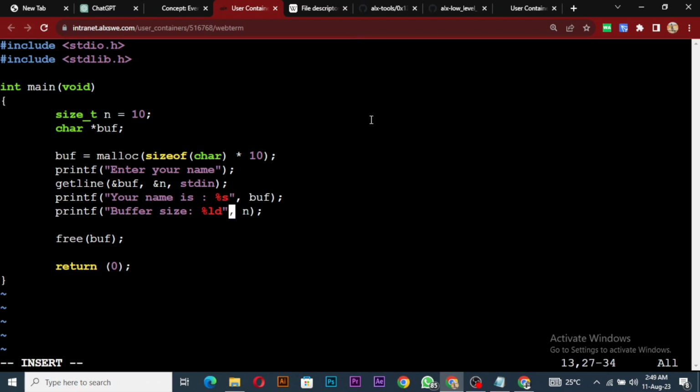So I think this is where we need the new line. Okay, and then enter your name. Let's just make it print that prompt that it used to print, the $ sign and a space, right? And then what else? Okay, so let us recompile,